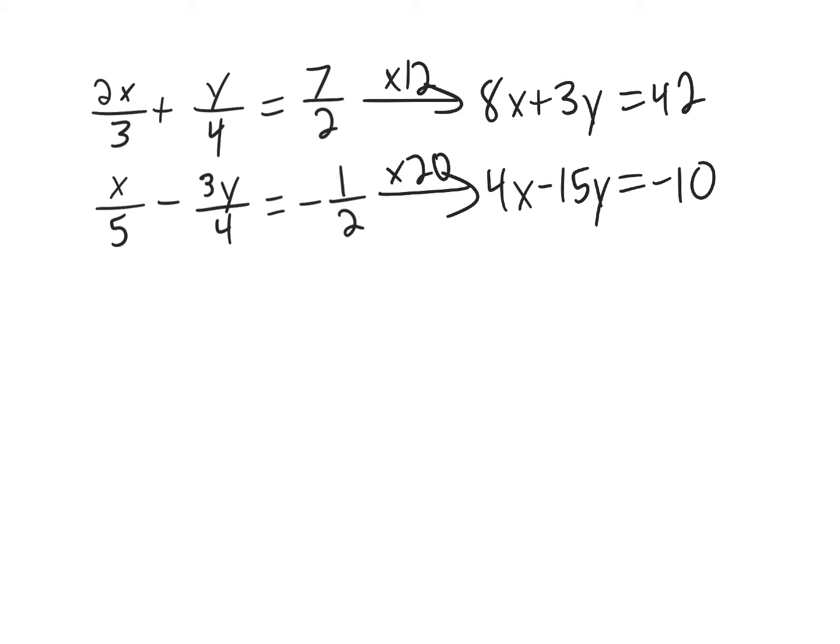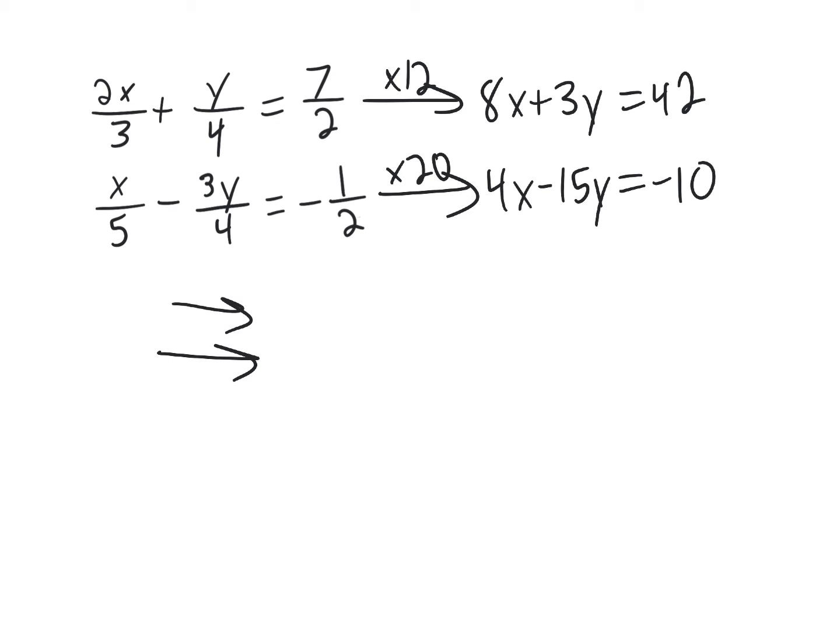Now just to take an extra second to look at it, that 12, if we do 2x over 3 times 12, think of that as 12 over 1. So multiply the numerators. 2x times 12 is 24x, and then divide by the 3 gives you the 8. Okay. Now,